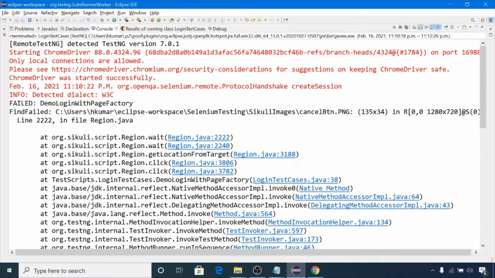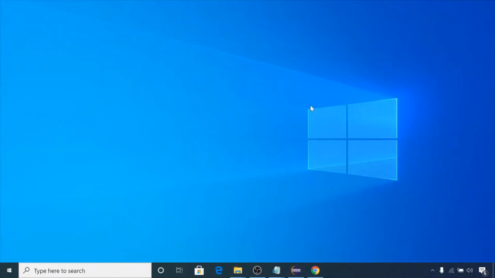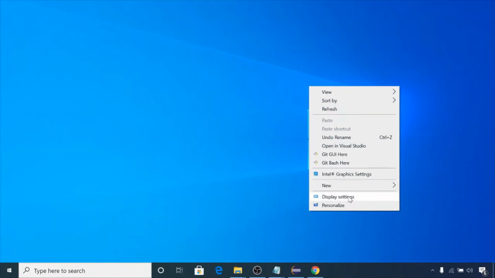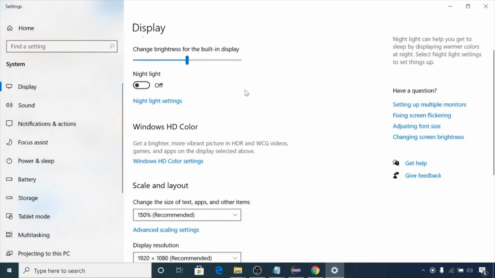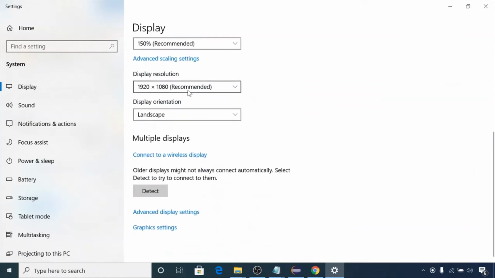Let's check the resolution of our screen. Display settings, click on display, or you are already on the display page, and the resolution of my screen is 1920 by 1080.